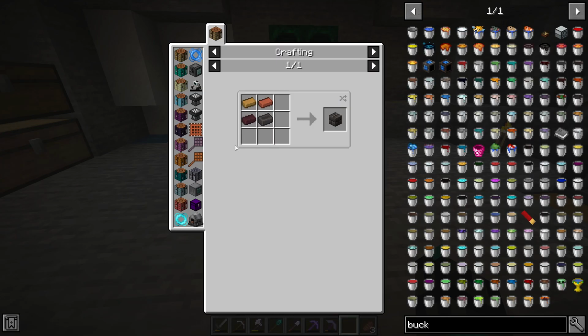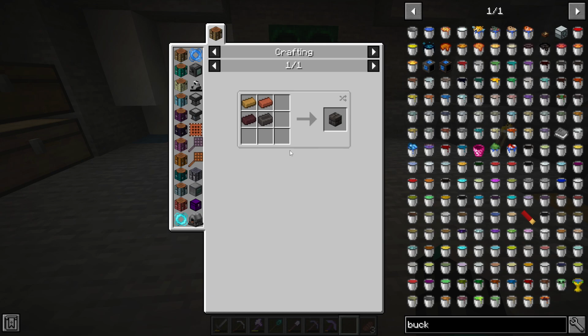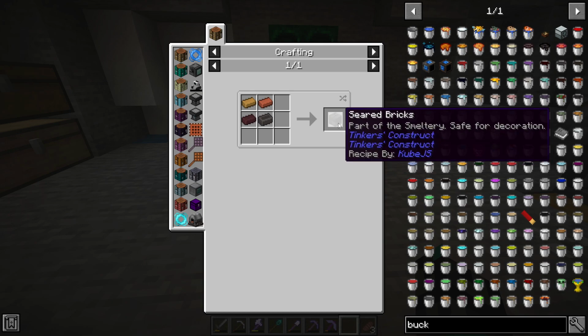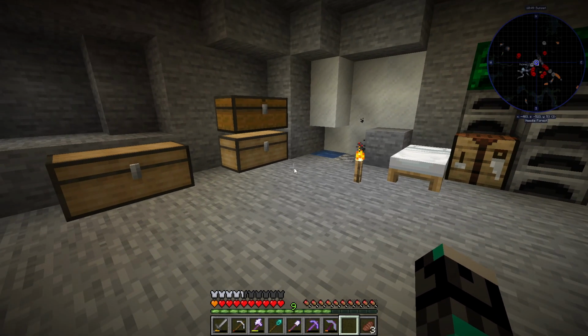Not seared bricks, but seared ingots. Yeah, no, yeah, seared bricks. They actually have the same name. Oh, brick. Oh, seared brick. How do you say that without saying the name of this one? Well, I guess they didn't think about that, did they? But yeah, make a bunch of seared brick, but I need a bunch of other things to make actual seared bricks. So yeah, I kinda stopped when I saw this recipe